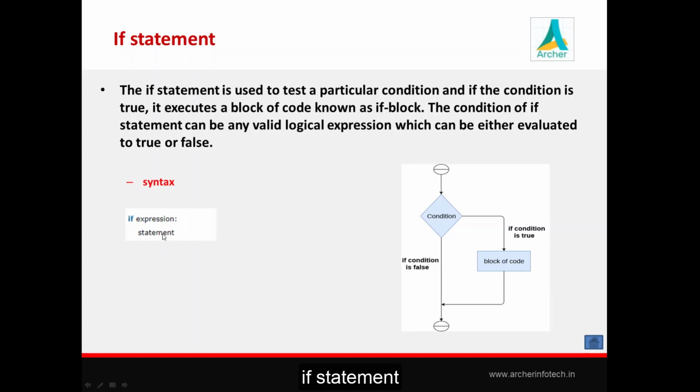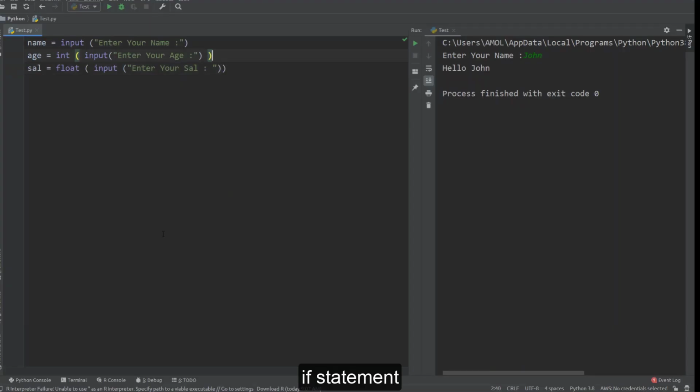Okay, we'll just check with one small example. Here, see, we will enter one number from the keyboard and we'll check whether this number is even. We just want to check whether it is even. So here first we are going with one variable x. Right now we have seen how to take numerical input from the keyboard. So for that purpose we are using this int function, then the input function, then one prompt. Here we are saying enter any number. That number we are storing in this variable x, and we just want to check whether x is even or not. Here we don't want to do anything if it is not even. We just want to check whether it is even.